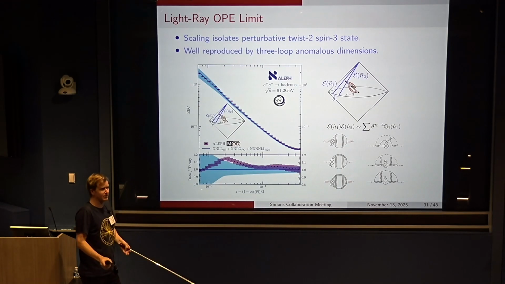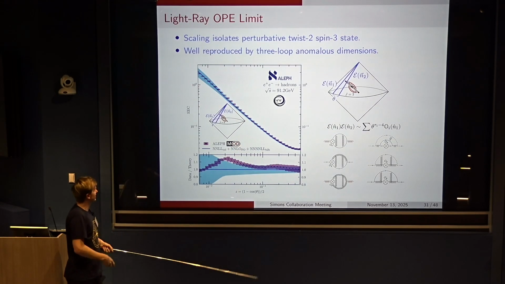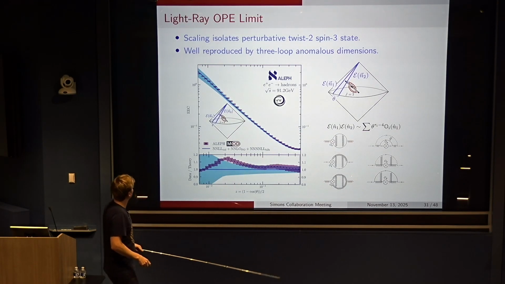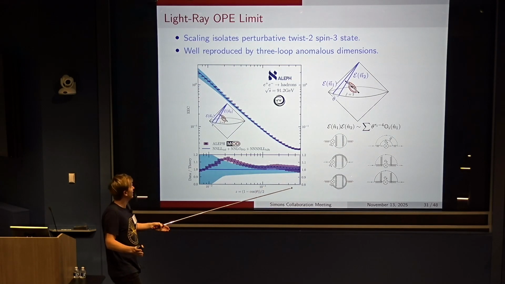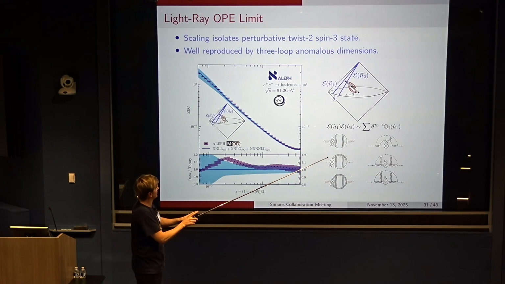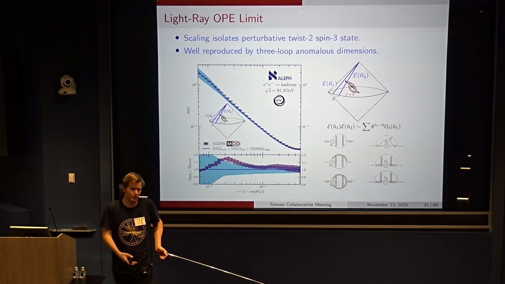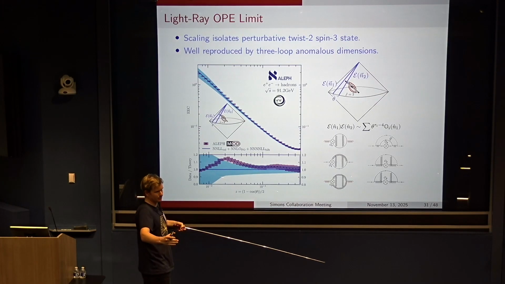Okay, so we can also now go to this collinear limit where we bring the two detectors together. As I said, in this limit, it's governed by this light ray operator product expansion. In this case, what you're probing is not the high spin limit, but instead a limit at some generic spin, some particular spin 3. This is harder to compute in perturbation theory, and less is known about the generic spin values as opposed to the high spin limit.